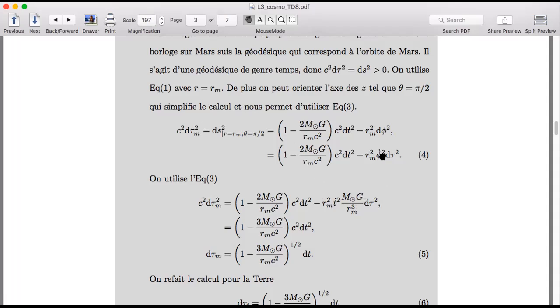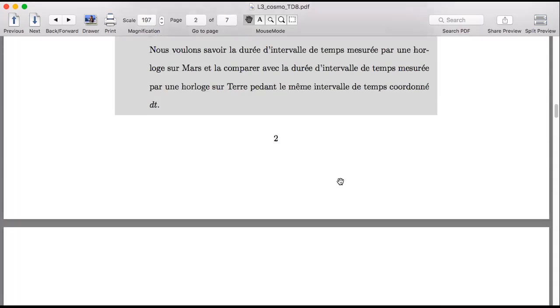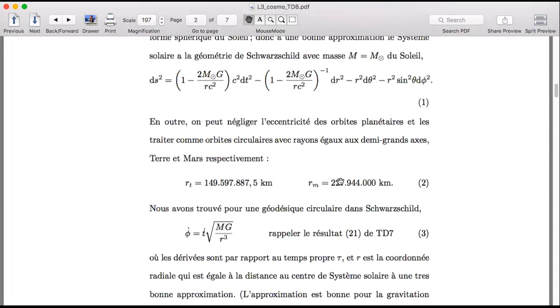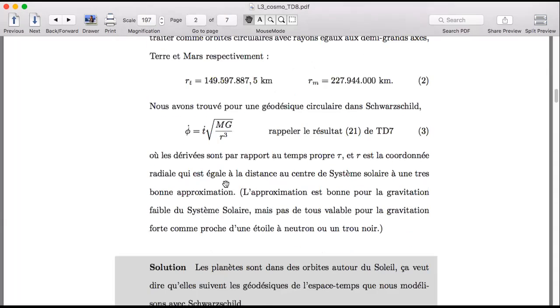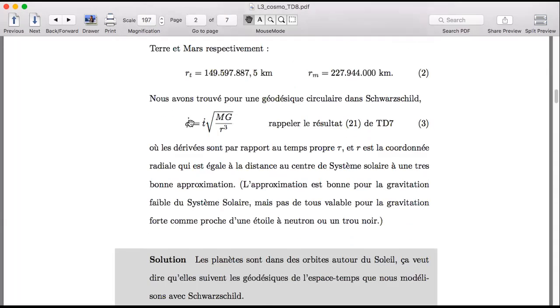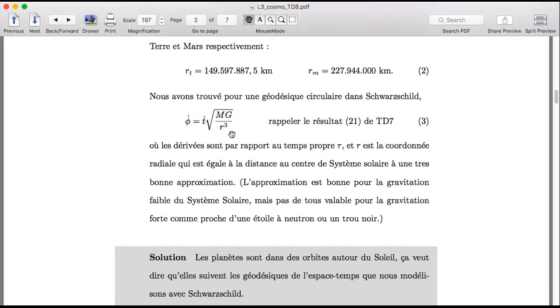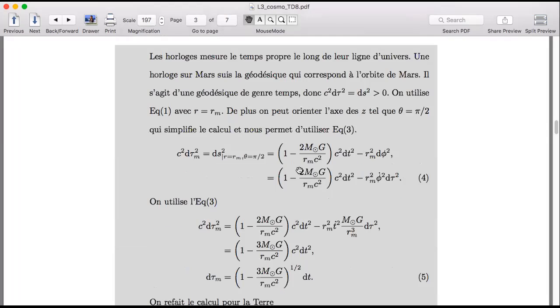or sorry, first I want to write, yeah, it worked even better here. So we use equation 3 for the circular orbits of geodesics, wherever that is here. And then we need this phi dot squared. So we square this thing and it becomes t dot squared times this thing without the square root. And